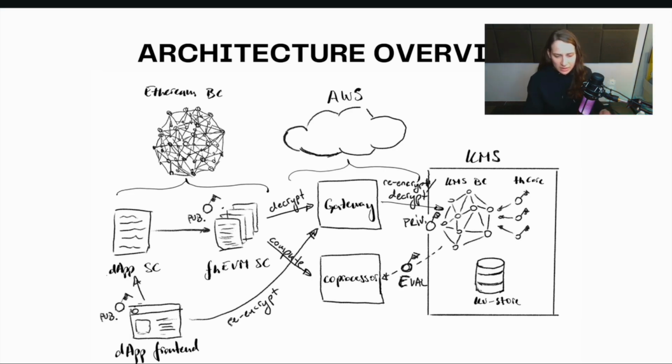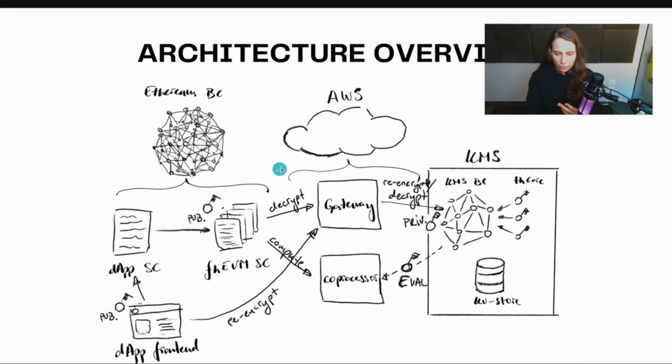All right, so let's start with the Ethereum blockchain, what is really there and what is deployed. We have our dApp smart contracts, and our front end serves as a user interface for interacting with this dApp smart contract. The smart contract itself will call a set of FHEVM smart contracts, which are deployed on a testnet like Sepolia. So this is all deployed on the same testnet or the same mainnet. Afterwards, we'll go to mainnet. This set of FHEVM smart contracts handles various functionality involving encrypted data and confidential computations.